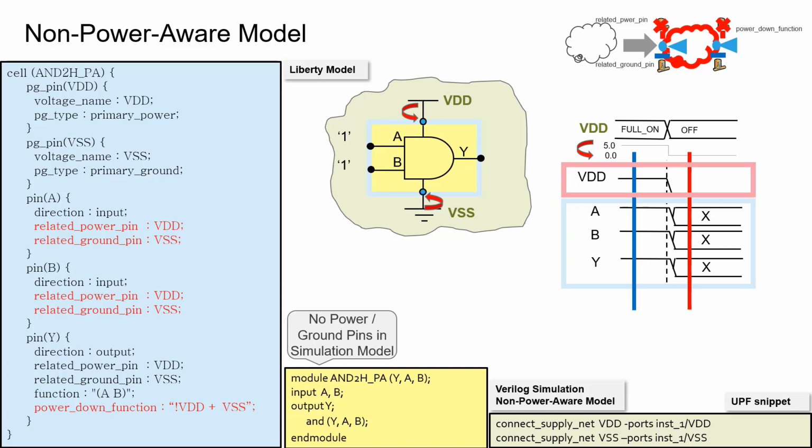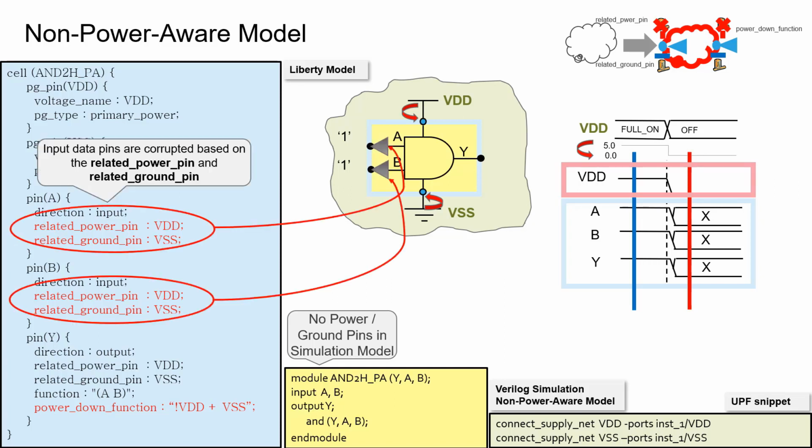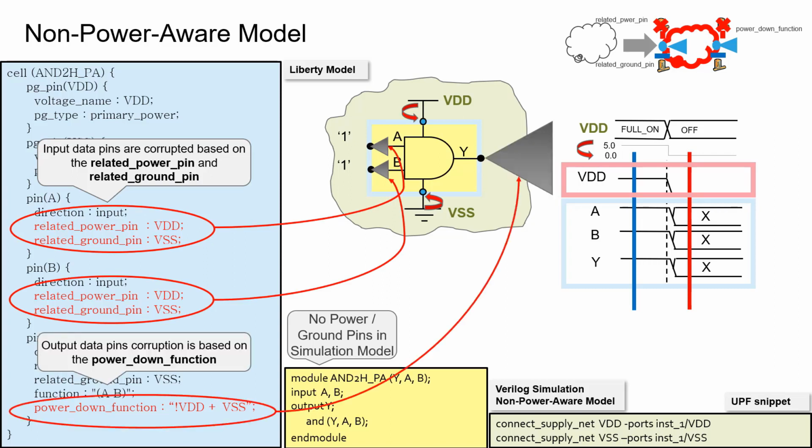In other words, when you switch off VDD, we will corrupt the fan-out of A and B, and we will also look at the power down function. VDD being 0, the power down function will be 1, so we will corrupt the fan-out of Y. Just that. Of course, if it was a more complex model, the same scheme would apply. We will only corrupt the inputs and the outputs. We will not do anything on the internal elements of the model. It's just high-level corruption because we assume that you want to handle this as a macro, not to have the full details in time.